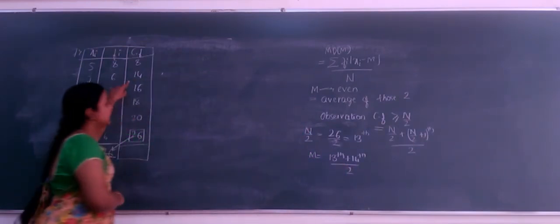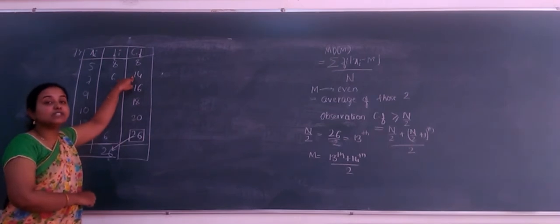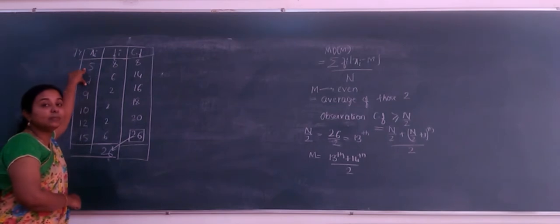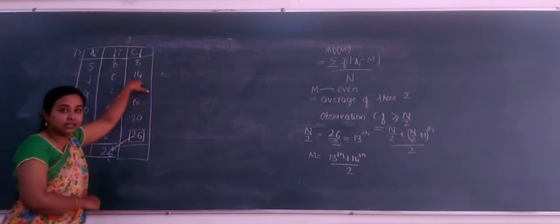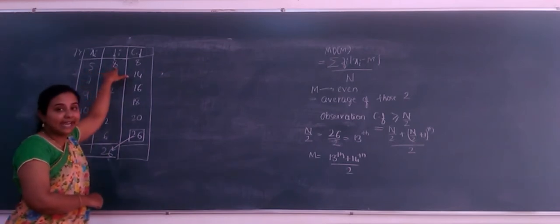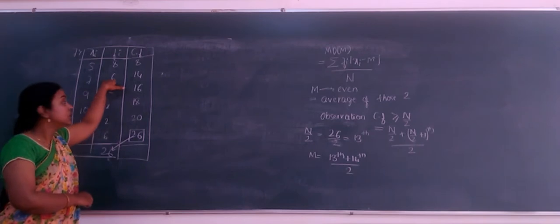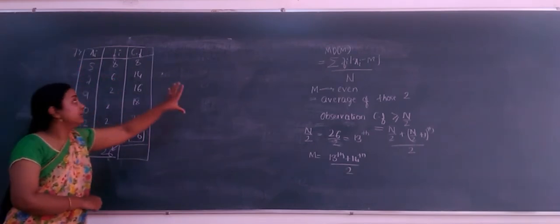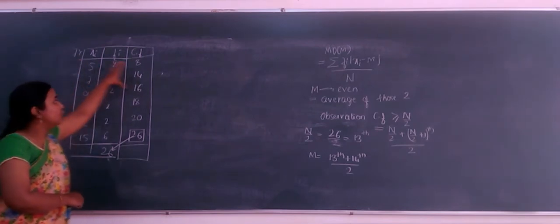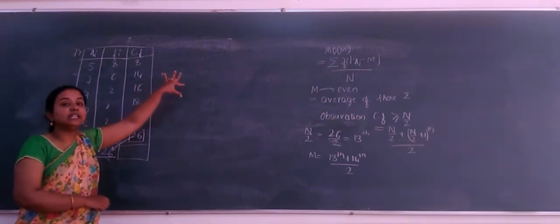Now, here you can see 14 is written. What does this 14 indicate? From 5 to 7, totally how many terms are there? 14 terms are there. How are they 14? 5 is written 8 times and 7 is written 6 times. So if the data is arranged for only these two, let us imagine we have written 14 observations here. In that 14 observations, which will be the 13th and which will be the 14th?